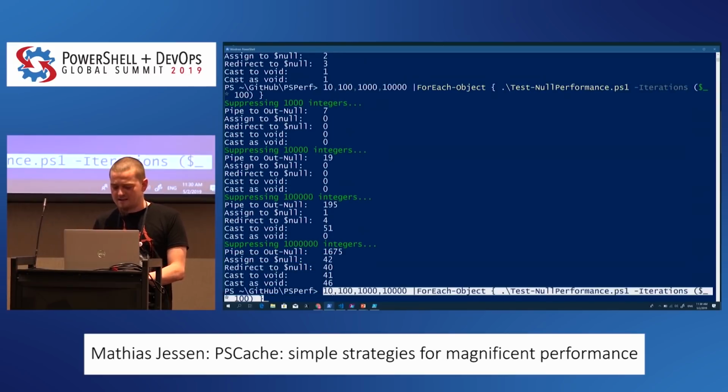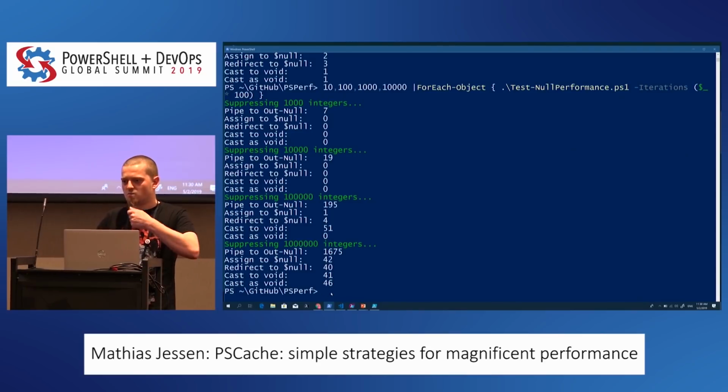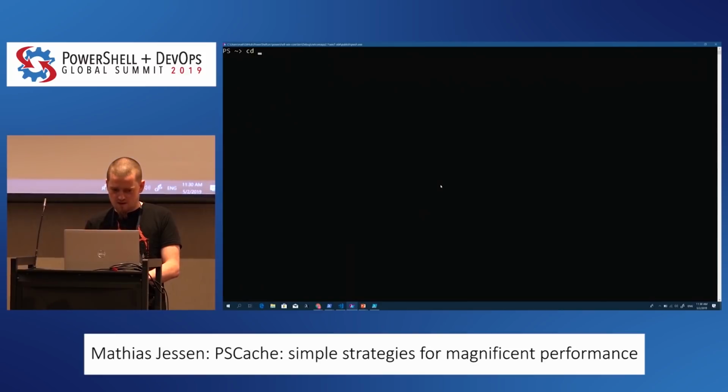We might see some slightly different performance characteristics because as PowerShell gets upgraded, right, we start getting more and more performance improvements into the engine as well. So if I run this here,